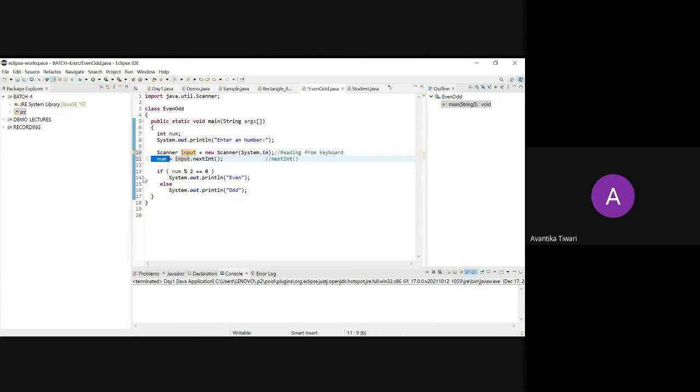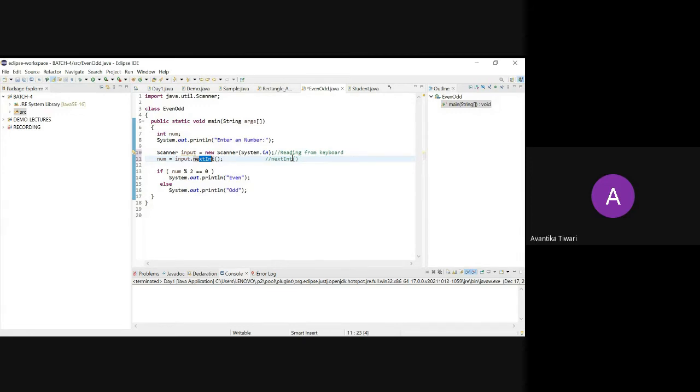Now the methods for accepting float, double, character, all these data types are different in Java. Here I am accepting only an integer. That's why I am using nextInt. If you are accepting float, you will have the nextFloat method. So during the course of program writing, we will understand the different types of methods used for taking input. Here in this program, we are using an integer value, so I am telling you how to take integer input.